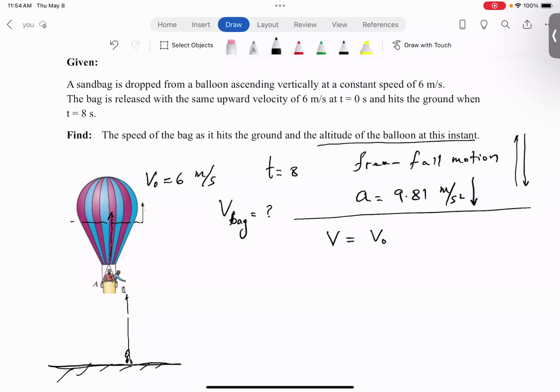So one is the velocity for a constant acceleration can be calculated using the initial velocity plus at. Position is basically the integral of this equation, which becomes S0, which is initial position, plus V0 t plus 1/2 at squared. Okay. And then finally,